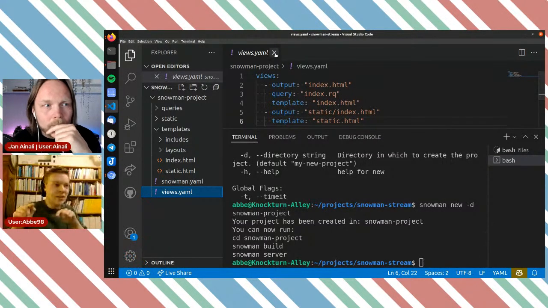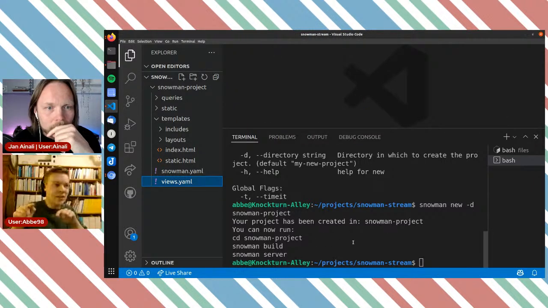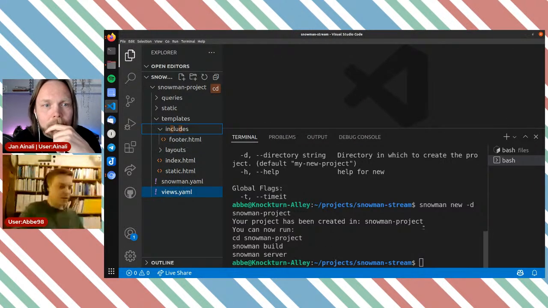But I actually got some instructions here as well when I ran this, so I can move into the, let's see if I'm in the right spot here.